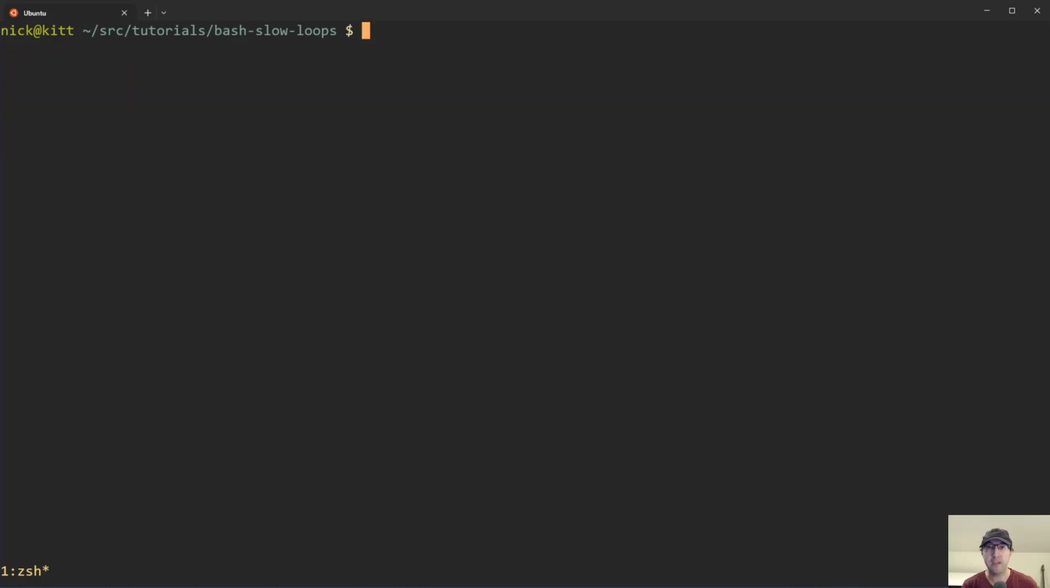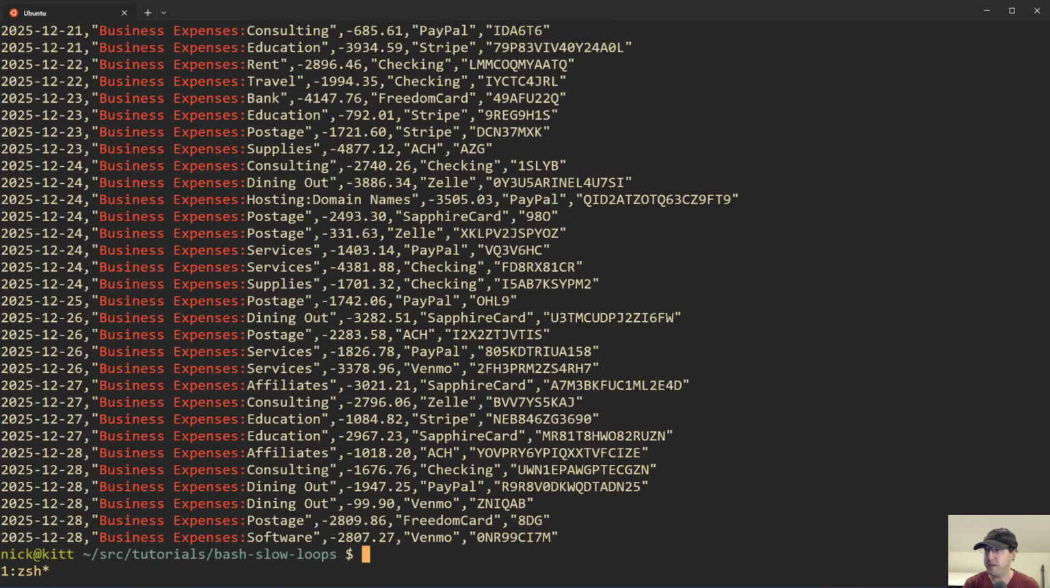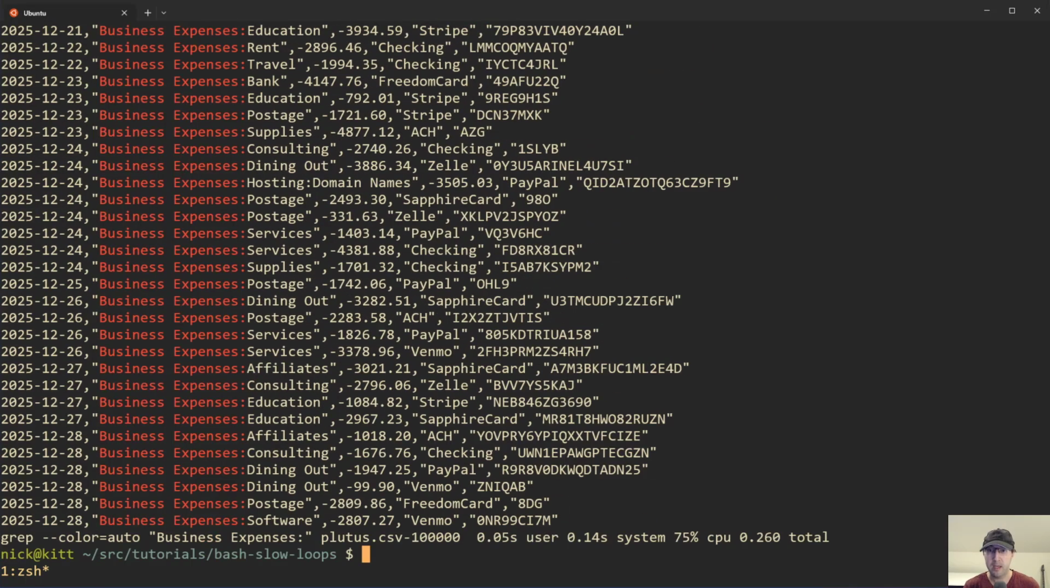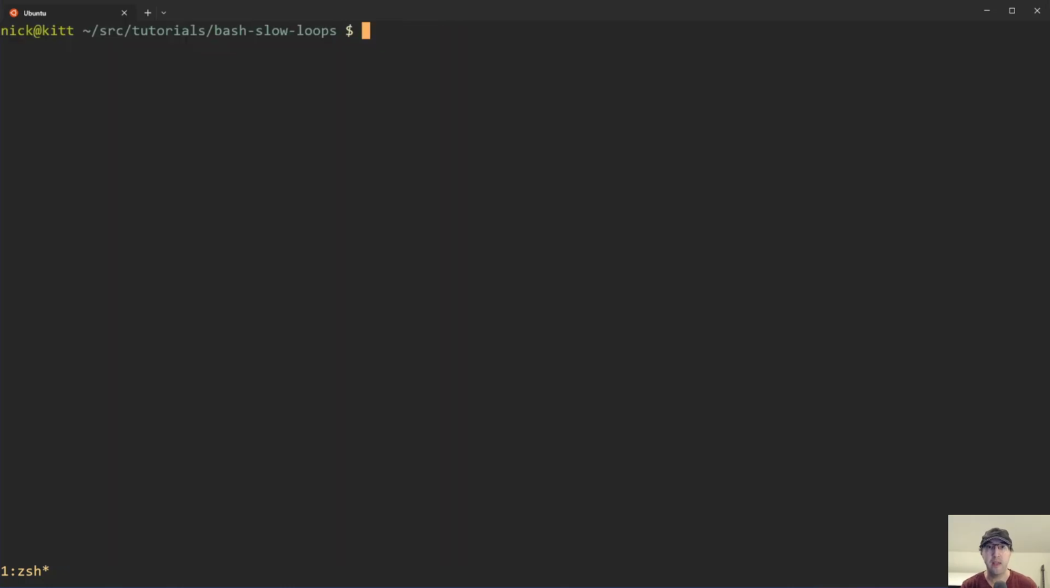Maybe before we even jump into the shell script examples, let's just use the command line for a second and grep out business expenses in the CSV file. This is going to be the 100,000 line file. And that's pretty fast, right? I don't know how fast it was exactly. Let's time it. It's about 260 milliseconds to go through 100,000 lines